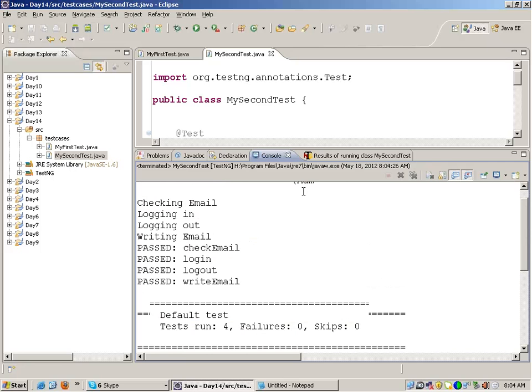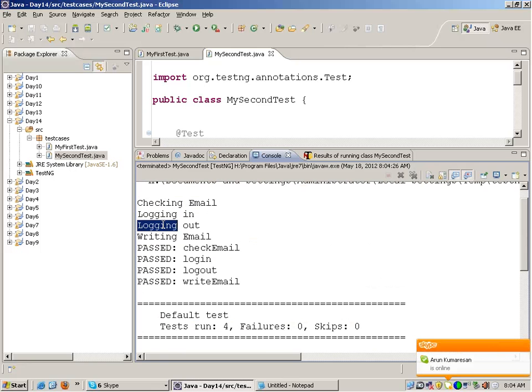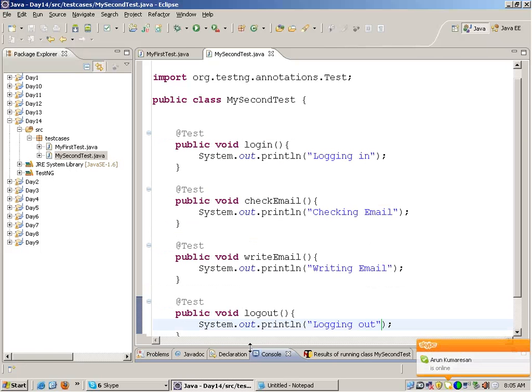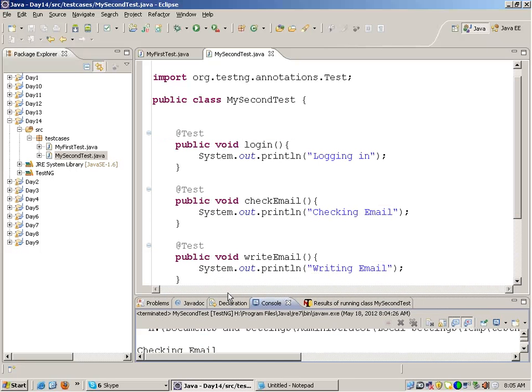at the output, then the output is a little weird. It's a little jumbled up. It's writing checking email first, then logging in, then logging out, and in the end it is writing email. So the test annotation functions are not called in the order in which I have mentioned them in the file. Okay, rather they are called in the alphabetical order. If you look carefully, then these test functions have been called in the alphabetical order. Apart from this, I'll come in 5 minutes and I'll tell you how to